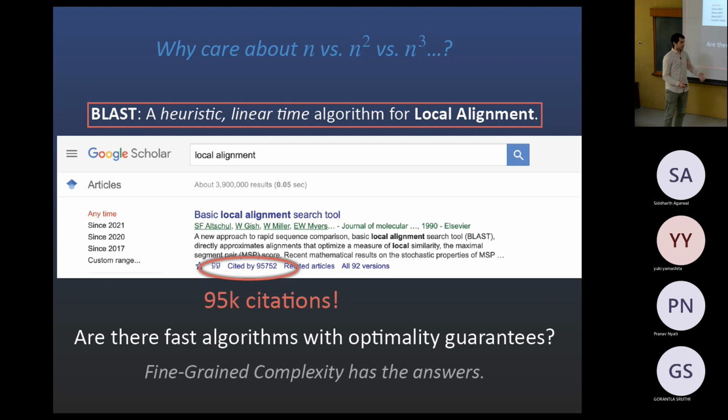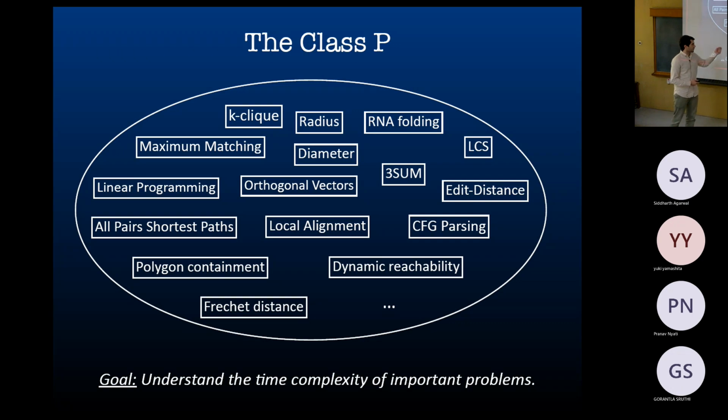And then we want a complexity theory that can tell us, okay, this is a problem we want to solve. We would like to solve it optimally, to find the correct answer. We would like to do it fast. Can we do it in subquadratic time, in linear time? Fine-grained complexity is trying to answer these kinds of questions. And of course, that was just one problem. The class P has lots of fundamental, important problems. And for each one of them, we have some nice, simple, sometimes not, but some polynomial.